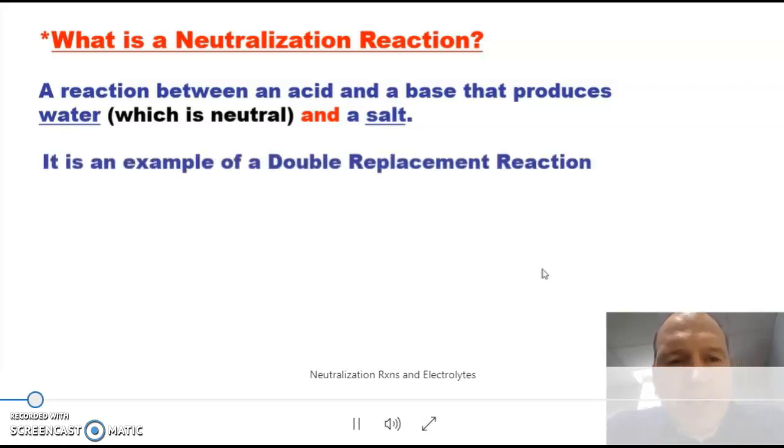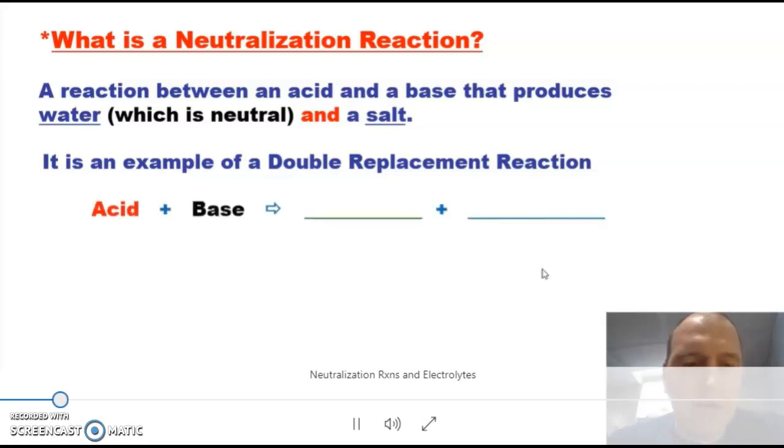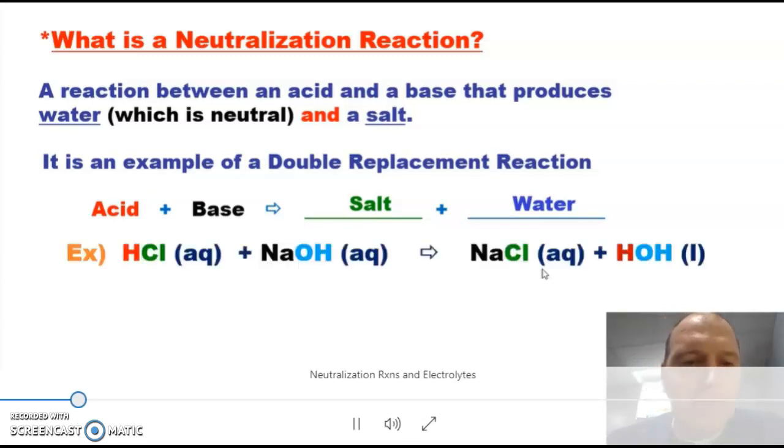Now, a neutralization reaction is also an example of a double replacement reaction. So as you're trying to predict the products of these, please keep in mind that the connection back to Unit 6 is that these are double replacement, or double swap, of the ions in the reactions. That might also help you. So generically, what they look like, it can be any acid, any base, doesn't matter. They're going to produce a salt that you're going to have to be able to predict the formula of, and water, H2O. Now, a very common example would be the acid, hydrochloric acid, HCl, and the common base, sodium